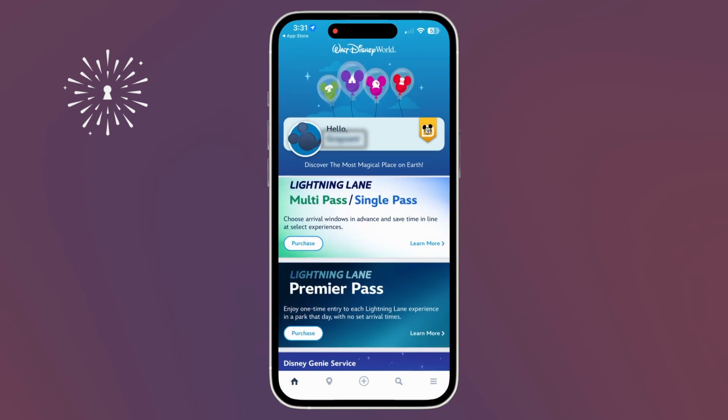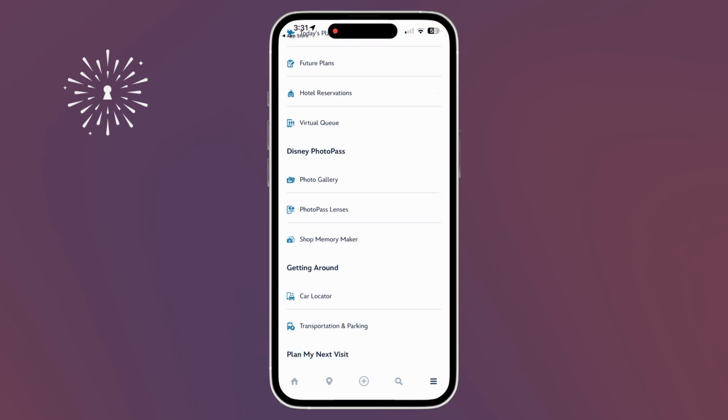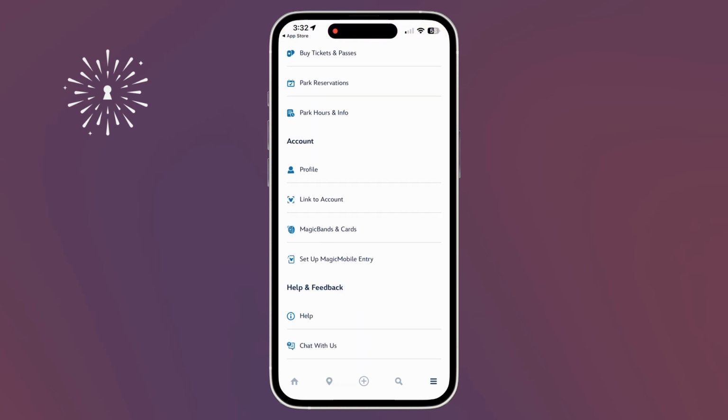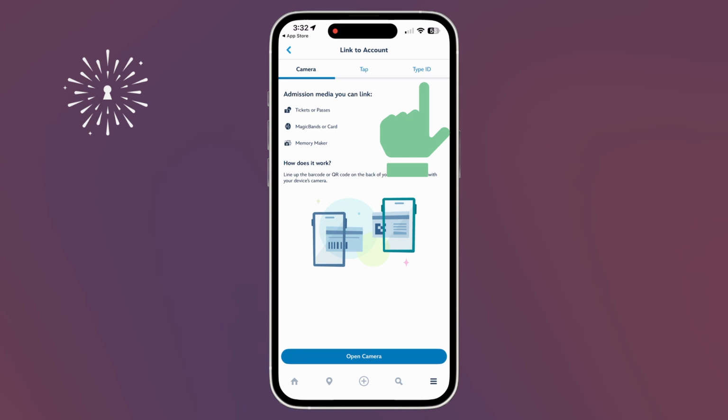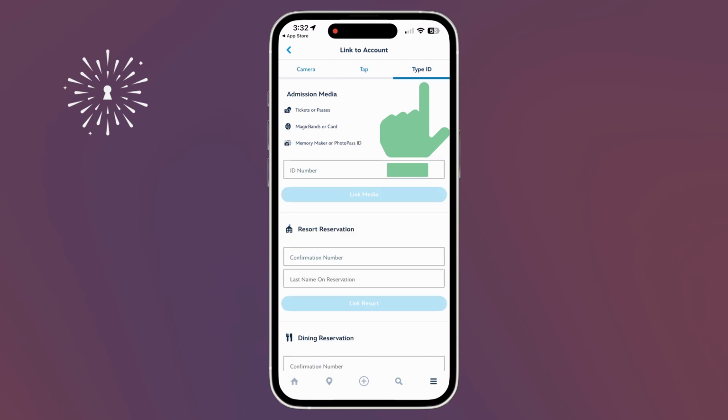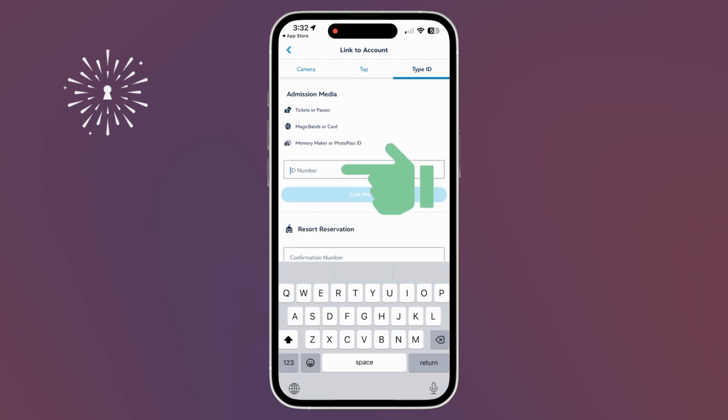Once you open the My Disney Experience app and log into your Disney account, you can click the hamburger menu in the bottom right of the screen. Then you'll scroll down to the account settings area and click link to account. At the top, you'll see an option for type ID. And if you click type ID, you'll see at the top under admission media, there is a space to type